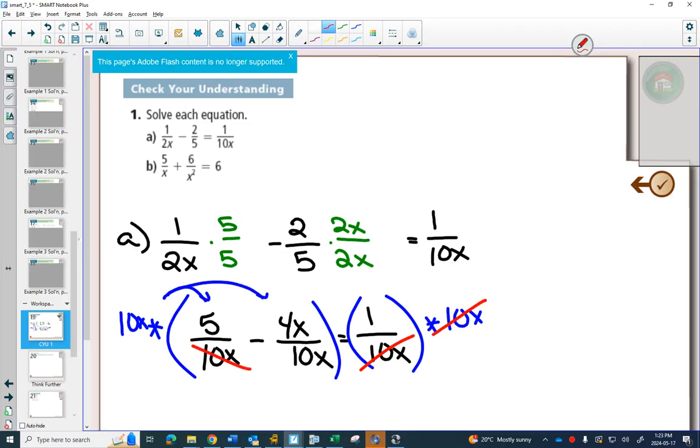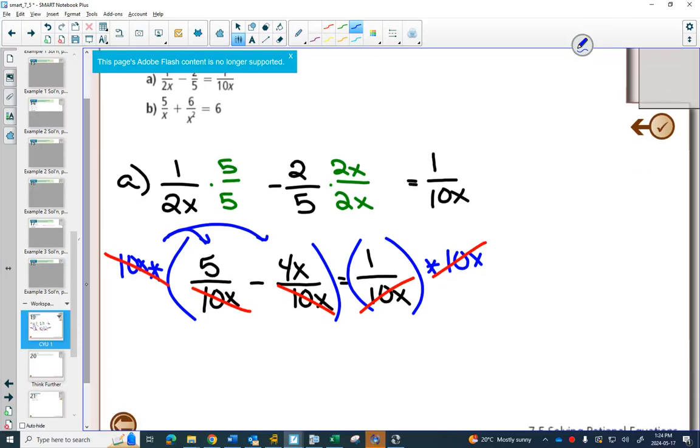And every time it gets distributed, those will cancel out. Which is really nice, because you take what was initially a complicated equation with fractions, and it becomes 5 minus 4x equals 1, an easy equation